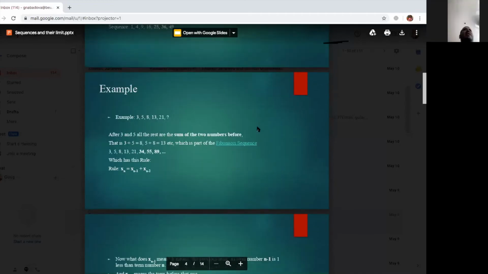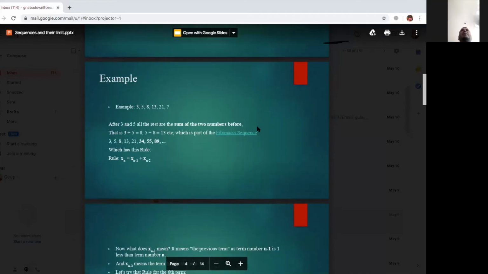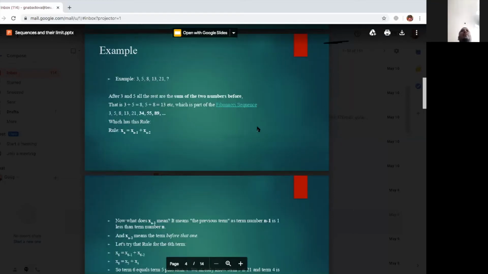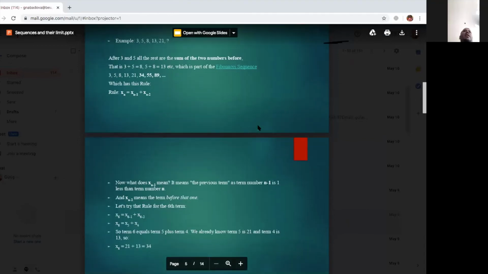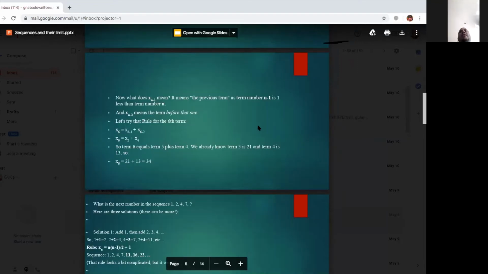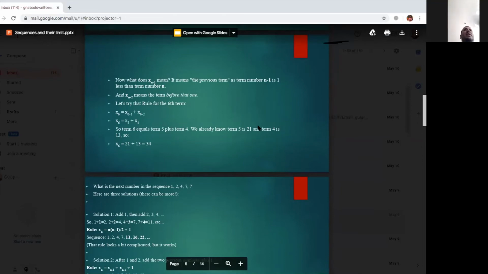A sequence is a set of things, usually numbers, that are in order. Each number in the sequence is called a term, or sometimes an element or member. In the sequence, 1 is the first term, 4 the second term, 9 the third term, and it goes on forever.